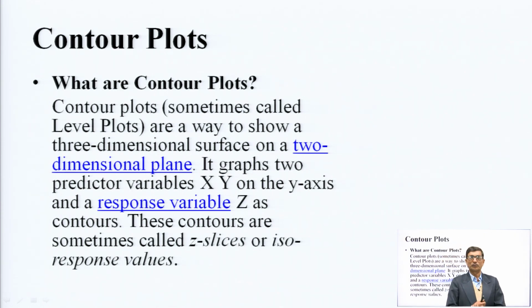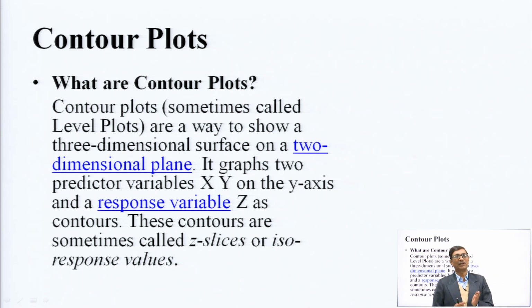What are contour plots? Contour plots are commonly called level plots. We also call these plots level plots, and they are a way to show a three-dimensional surface on a two-dimensional plane. In a contour plot, we show a three-dimensional surface on a two-dimensional plane. It graphs two predictor variables x and y on the y axis and a response variable z. So, in this graph